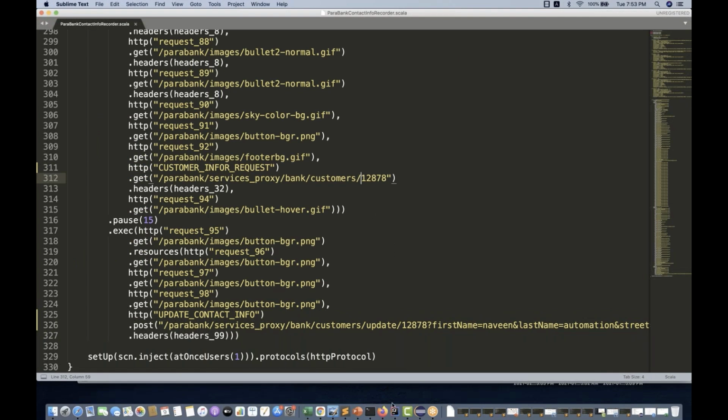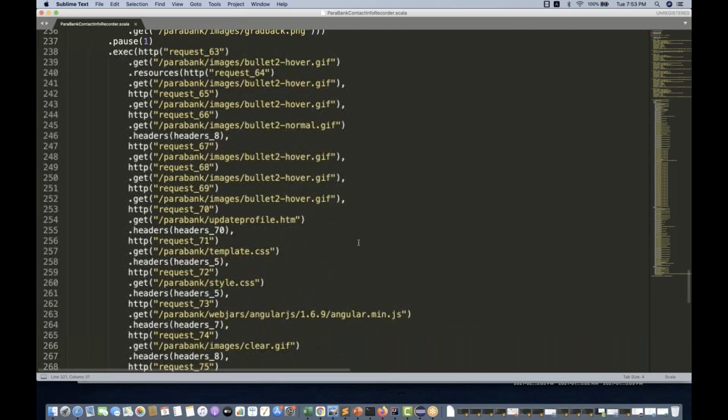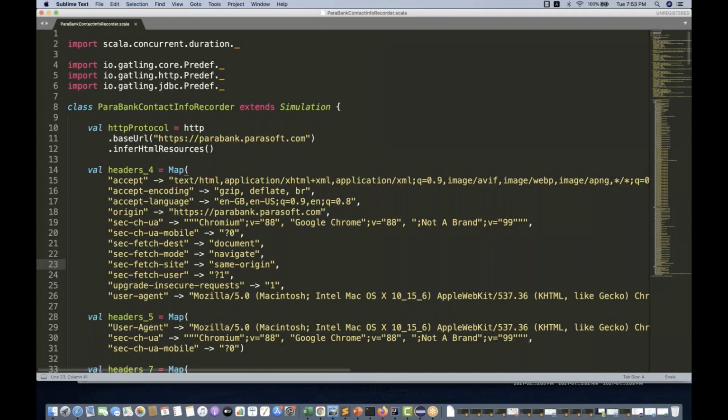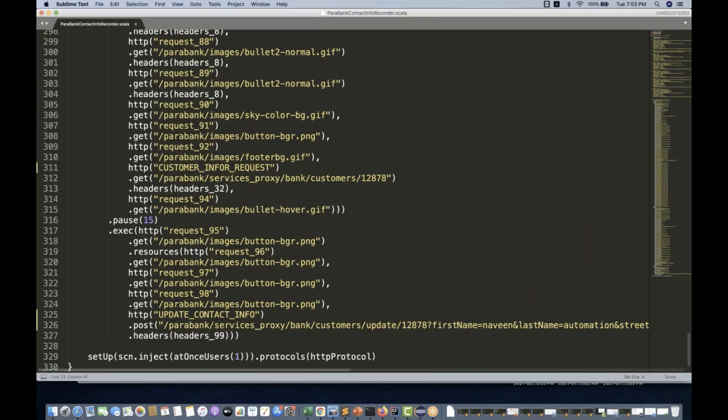For the actual scripting part, we have to open IntelliJ and write our own script. But for small requests, you can quickly generate the HAR and create your framework for one or two or a couple of scenarios, if you have that on your web application in your web browser. And you can simply increase the load, instead of one user write 1000 or 100 or whatever. This is the number of users you want to execute with. There are some other configurations also available, and I'll show you later.